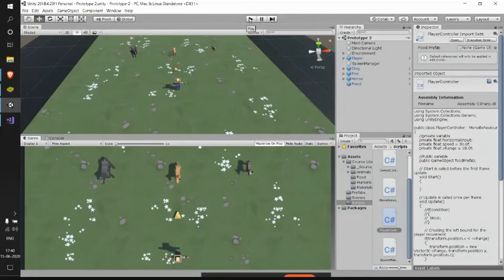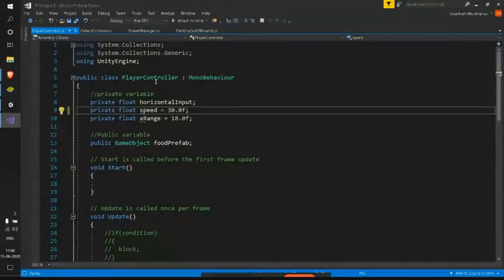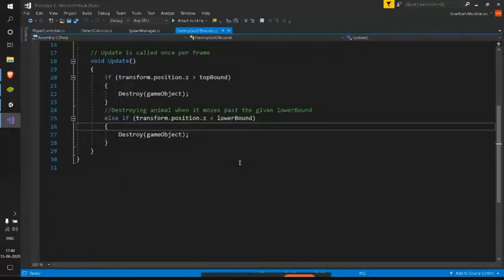Now let's clean our code a bit. We are done with the functionality part, and now let's add the game over message and clean our code a bit. So when can we say our game is finished? We can find that in our destroy out of bounds.